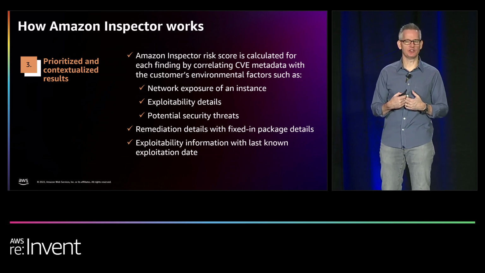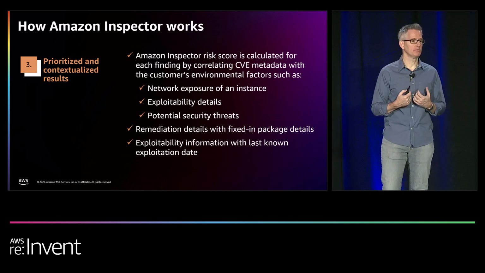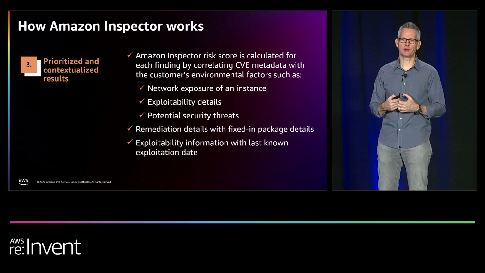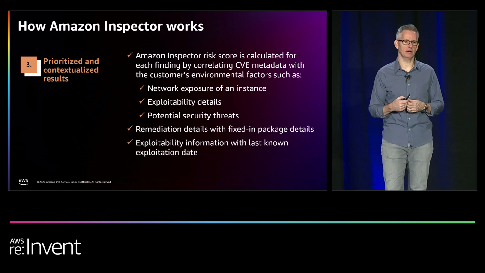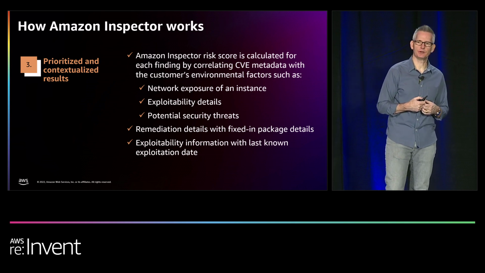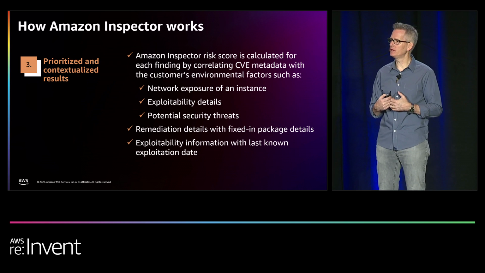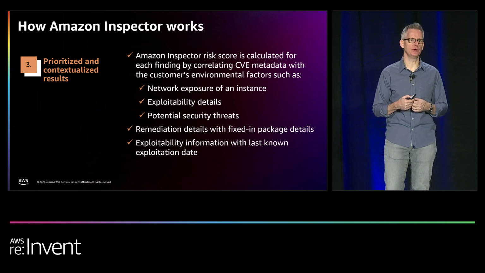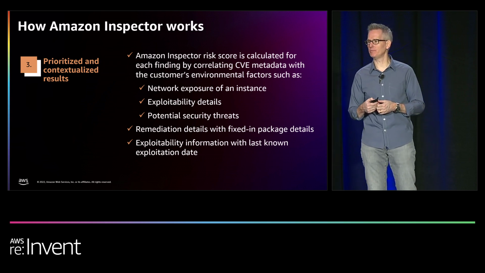Inspector tries to help you with that decision making by providing something we call the Amazon Inspector Score. The Amazon Inspector Score takes into account the severity of the vulnerability, the network accessibility of your resource, exploitability and other factors, and then will tell you how important that vulnerability is to you and your environment so that you can prioritize better and pick the things that are really important to